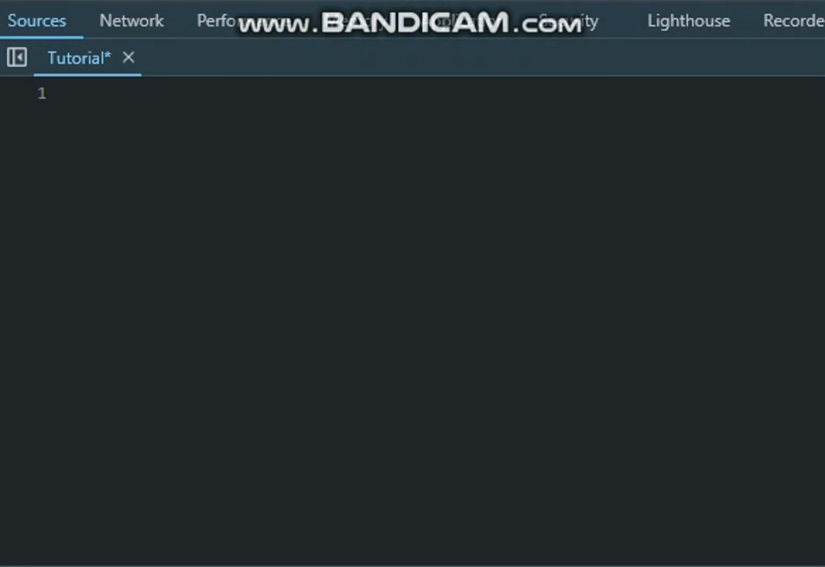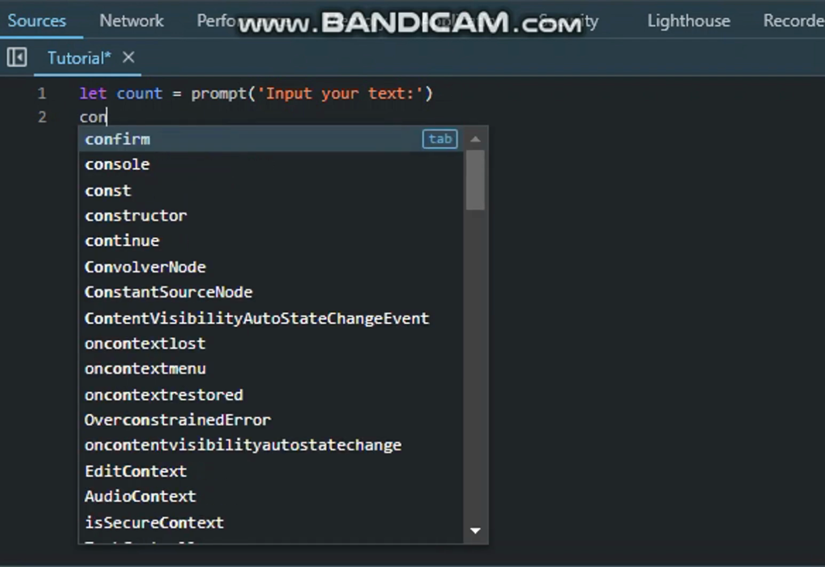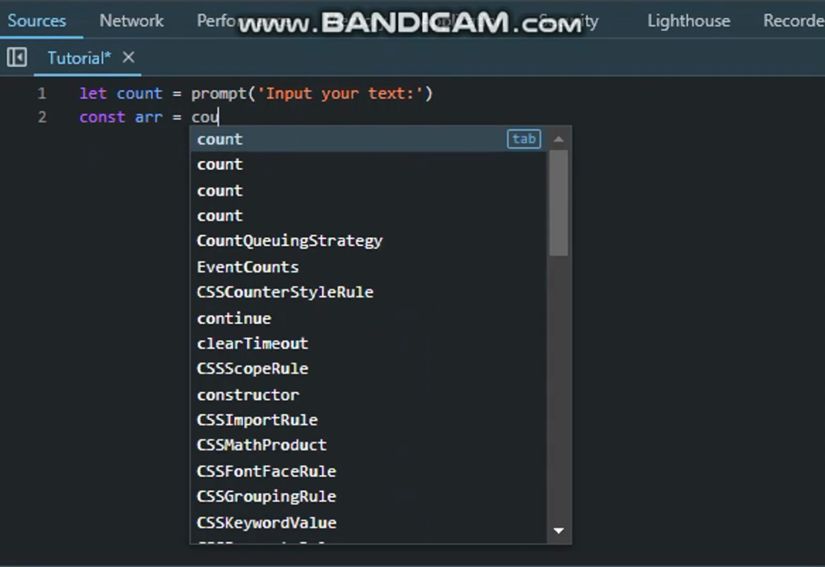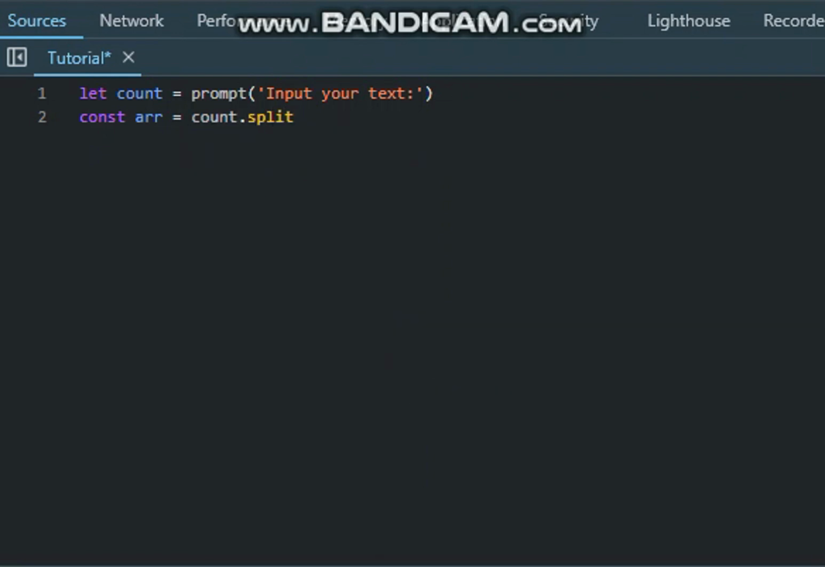Okay, the first thing I'm gonna start with is letter counter. Okay, let's count equals to prompt, input your text, and then the next one I'm going to do is going to be const out equals to count or split,